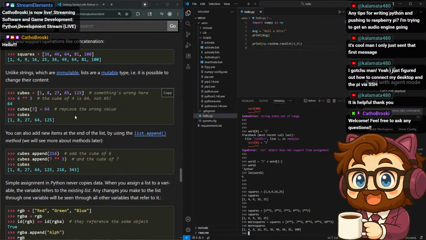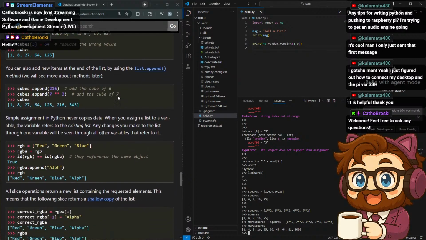See, here's the thing. In C, a string is just simply an array of characters, and it's mutable. They decided to make strings immutable. Somebody did it for a reason. I don't know what that reason is. Well,